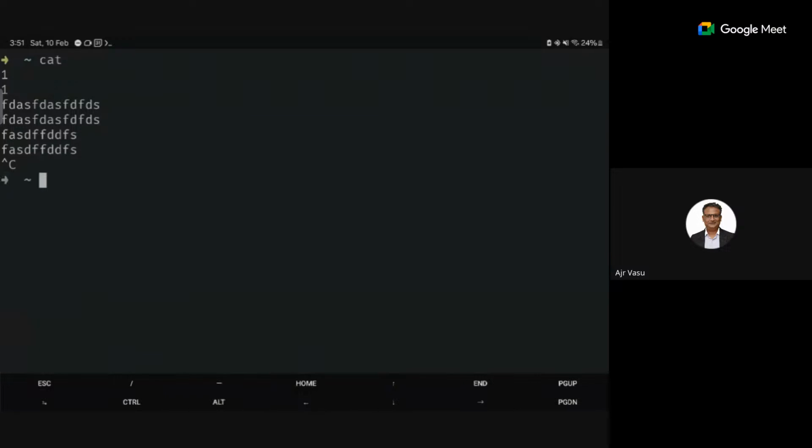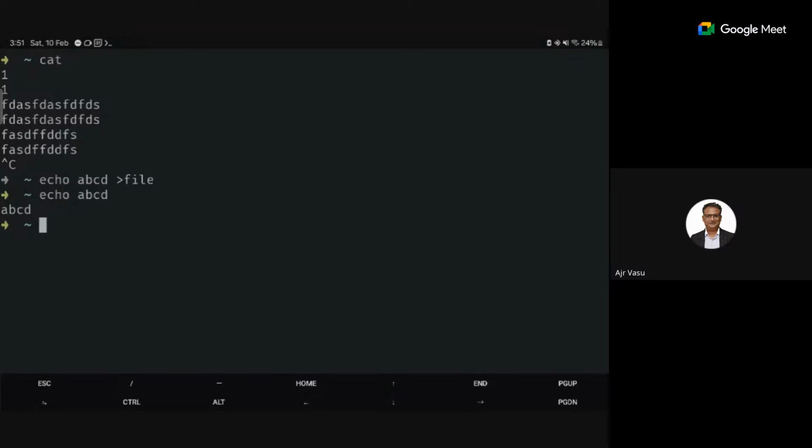Let's say I have a situation. I want to show the output on the screen, and at the same time I want to write to a file. Both. You cannot do it actually. Let's say I echo ABCD. If I redirect to a file, then I cannot see it. If I show it, I'm not writing into the file.